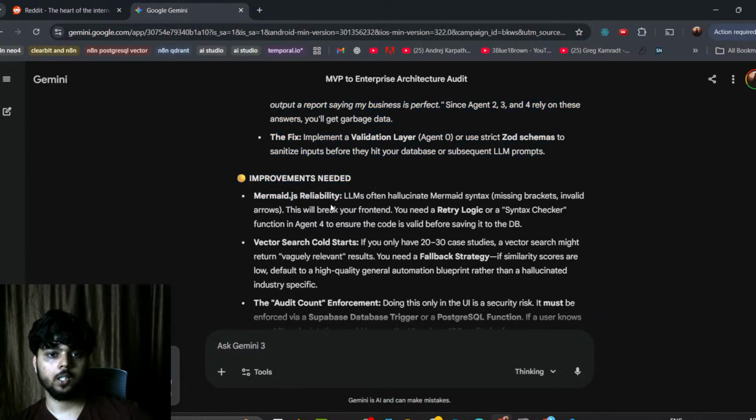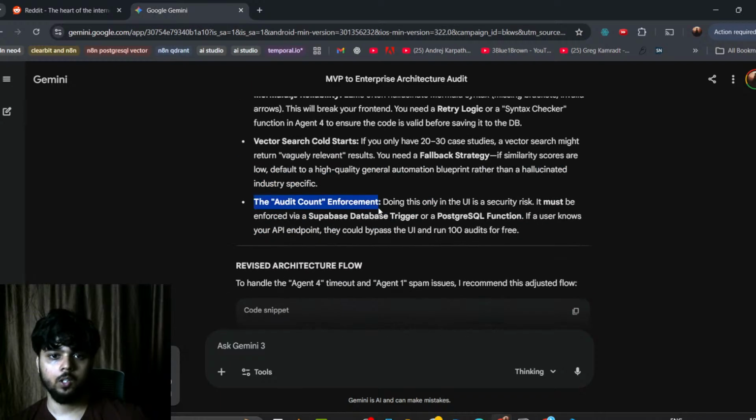Now we have got the Mermaid.js reliability. LLMs often hallucinate syntax, missing brackets and wrong arrows. Before the front end, you need retry logic or a syntax checker function to ensure the code is valid. Vector search cold starts: as a case study, a vector search might return vaguely relevant queries. You need a fallback status when scores are low or high quality general. Okay. The audit count enforcement: doing this only in the UI, security must be enforced by a